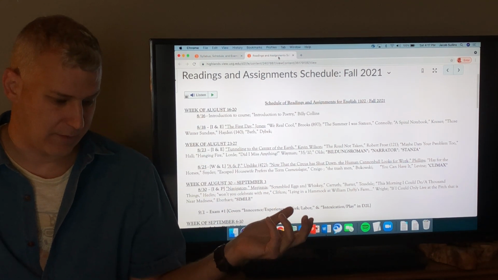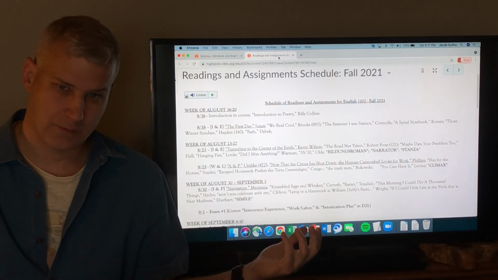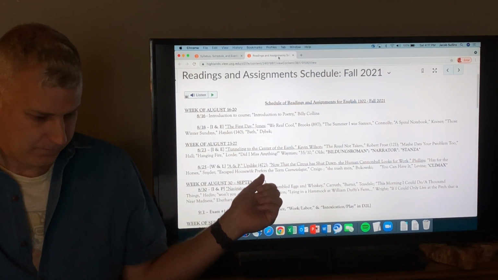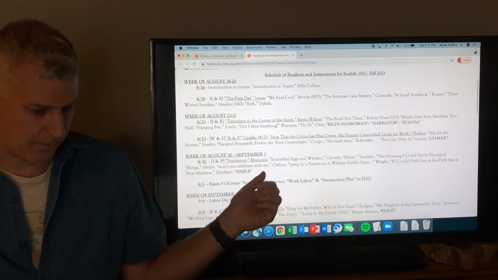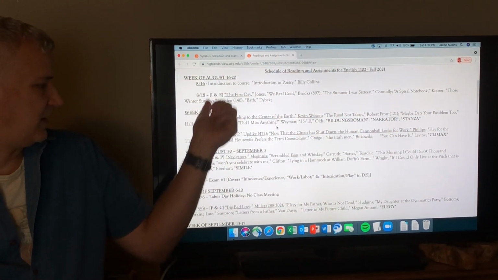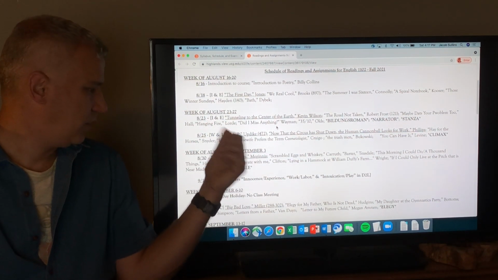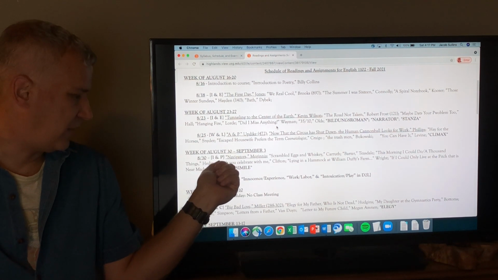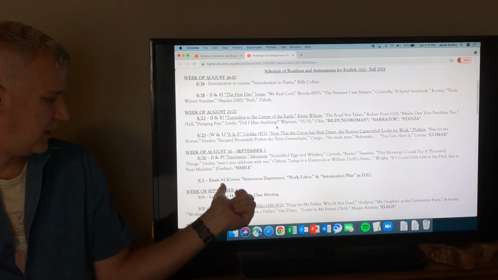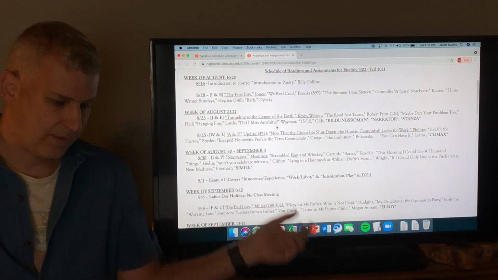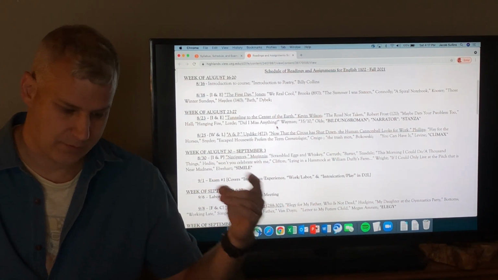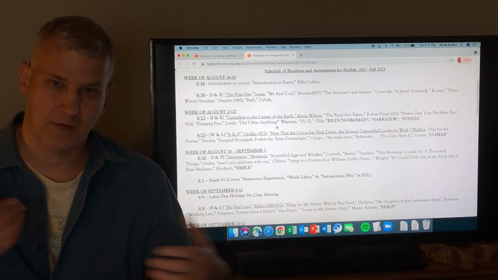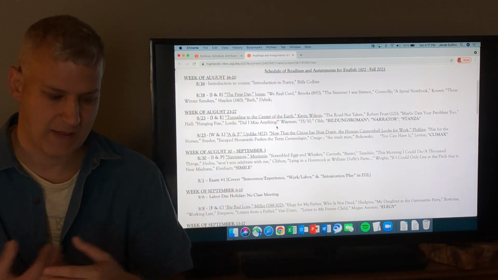The first thing we're going to do is go through 3 themed modules: Innocence and Experience, which will take August 18th and August 23rd, Work and Labor, which will take August 25th, and then Intoxication and Play, which will take August 30th. Then on September 1st we'll have the first exam that covers those 3 modules: Innocence and Experience, Work and Labor, and Intoxication and Play. Everything you'll read in those modules is somehow related to that theme.